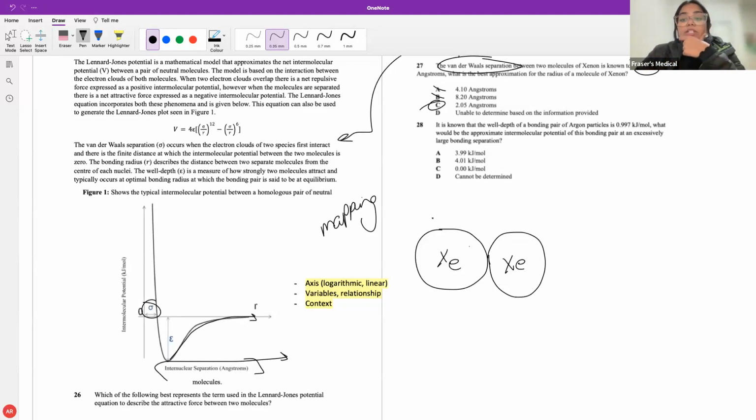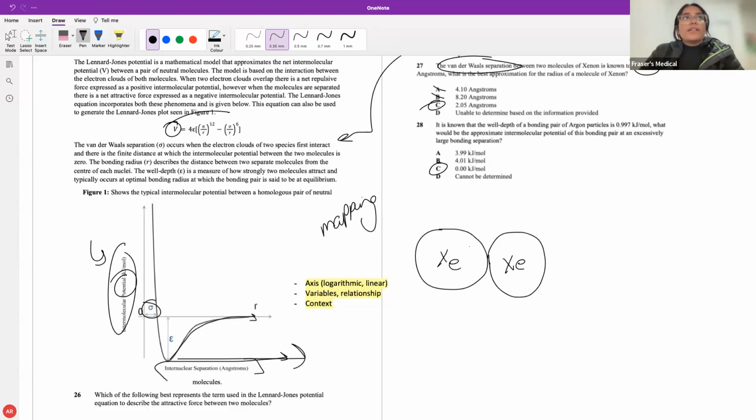There's two ways we can get intermolecular potential. We can either get it from the formula or from the graph. Exactly, zero. It's reaching zero. That's your answer, there's nothing more to it. As you keep increasing the separation between molecules, as we keep going along the x, we can see that the curve is getting back towards the x-axis, towards zero. And our y-axis is talking about potential, which is exactly what we need. So the answer is zero.